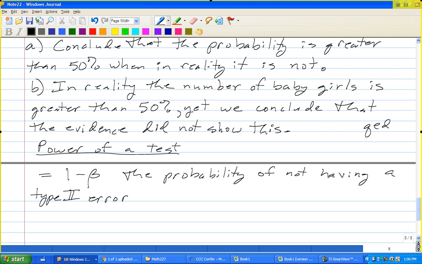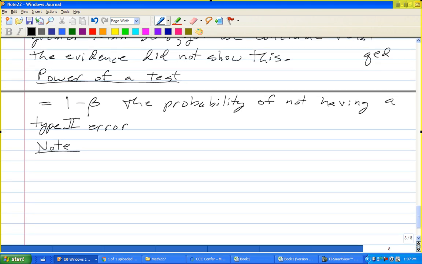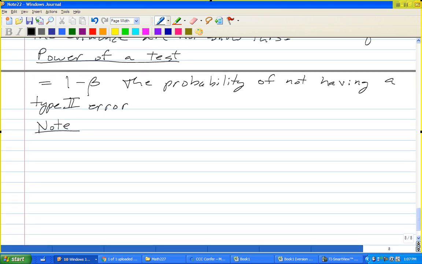Note the following. The way that I'm setting up a hypothesis test is not necessarily the same way that you'll see your hypothesis test being set up. It really depends upon what major you're in, how the hypothesis test will be set up. So, in the physical sciences,